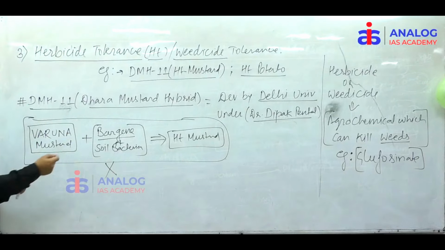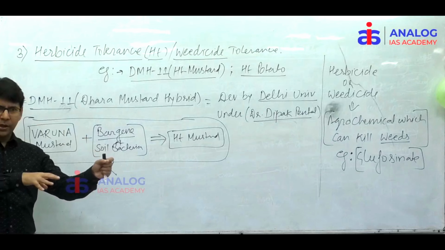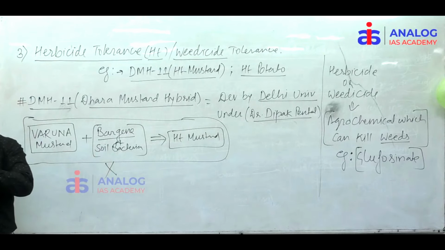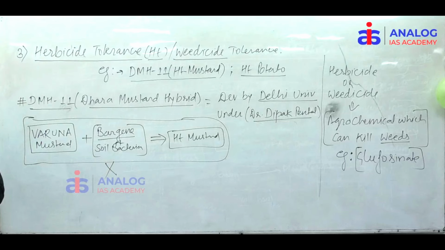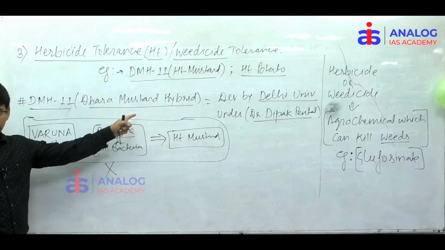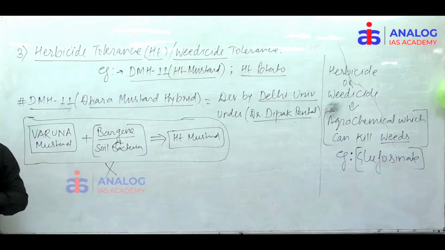So you are not able to add the bar gene into Varuna. Then do one thing. Just select another mustard, put the bar gene over there, and then cross-pollinate Varuna with that mustard to get the bar gene into the offspring, right? That is why the word hybrid has been used. You know, we are talking about DMH11 under GM crop, but still the word hybrid has been used. It means that DMH11 is a GM as well as hybrid. GM why? Because the gene has been included by genetic engineering, and hybrid because cross-pollination was done between two mustard varieties. You got